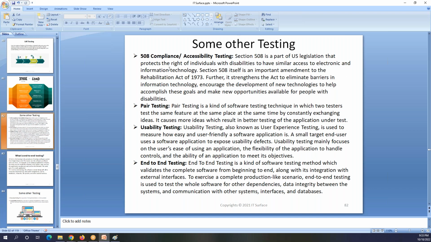It is for disabled persons who cannot see the phone display, where visibility is disabled. In that kind of situation, they have this accessibility option. So you have to test it so that a disabled person can access your application, and for that reason we have 5-way testing.